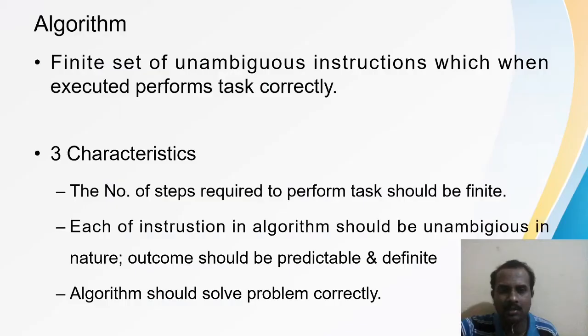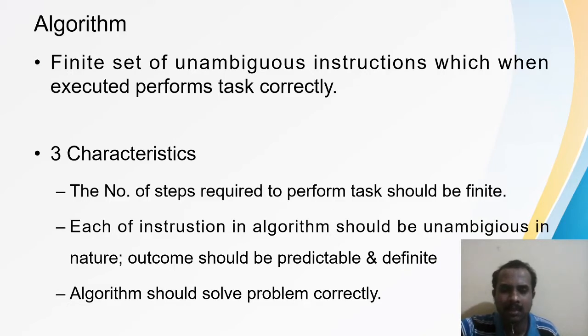Flowchart and algorithm. First, let us see what is algorithm. Algorithm is a finite set of unambiguous instructions which, when executed, performs the task correctly. So, you are going to have unambiguous instructions. What do you mean by unambiguous instruction? Unambiguous instruction means there will be no confusion between the instructions or commands, and they are going to perform certain